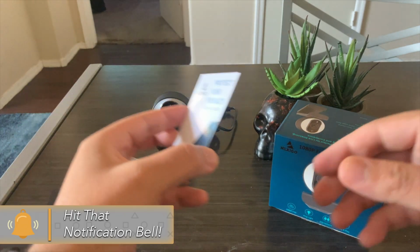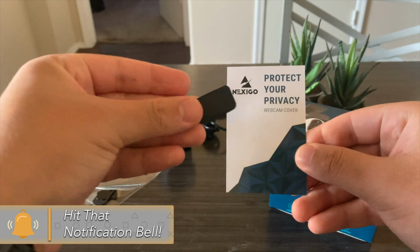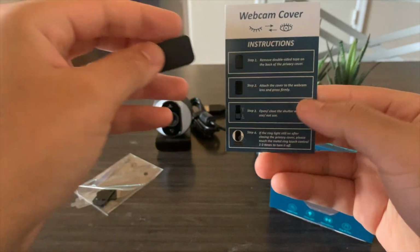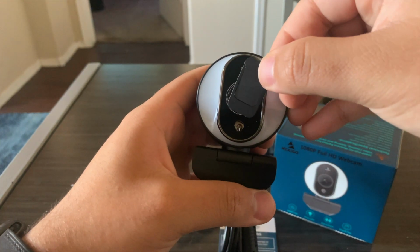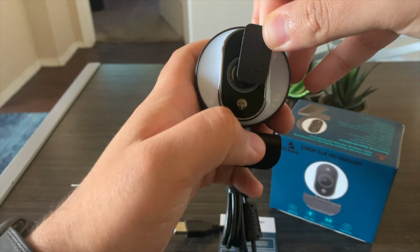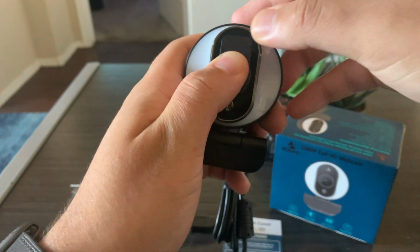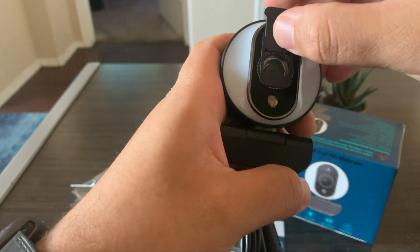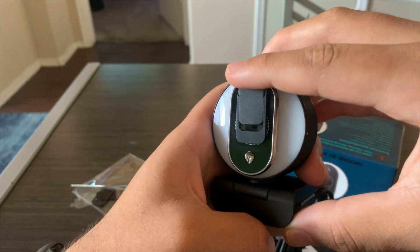You do get, of course, the webcam, which we will talk a lot about in a little bit. Starting off, the first thing you will see when you get into the box is these really cool protective covers that allow you to attach a little sliding door onto the webcam that hides the physical lens from view. That way, if a nefarious hacker gets into your system, they won't be able to see anything through that webcam, because of course they can't open the door by themselves, right? So this is, I think, a very timely addition to the webcam, and also a very good thing to put into a webcam